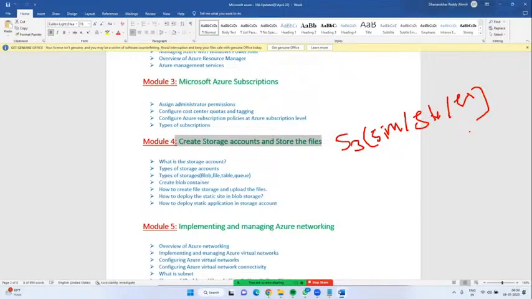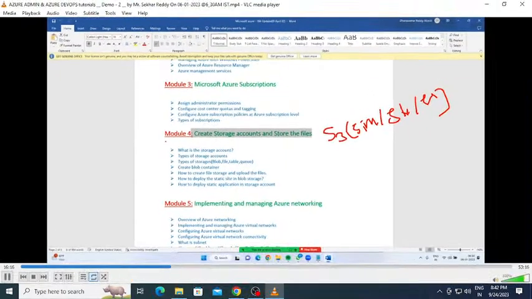Unstructured data, in the sense, movies. If we have 1 lakh movies, assume each HD 4K Ultra HD video is around 6 GB. 1 lakh into 6, it will go to around 600 terabytes of storage. Same way, to store such kinds of videos, unstructured data, we will use a storage account. Now here in Microsoft, we have different